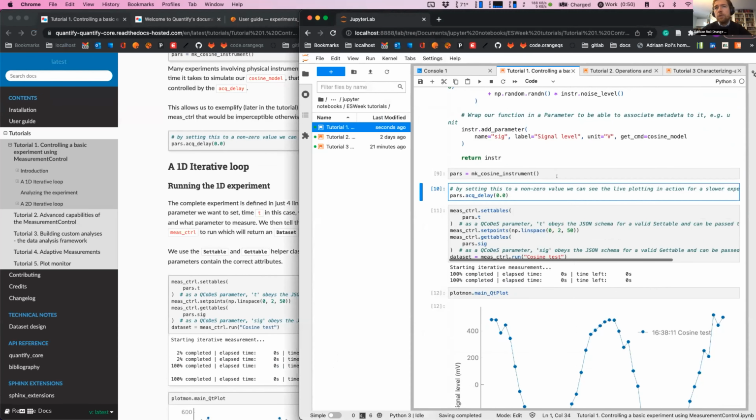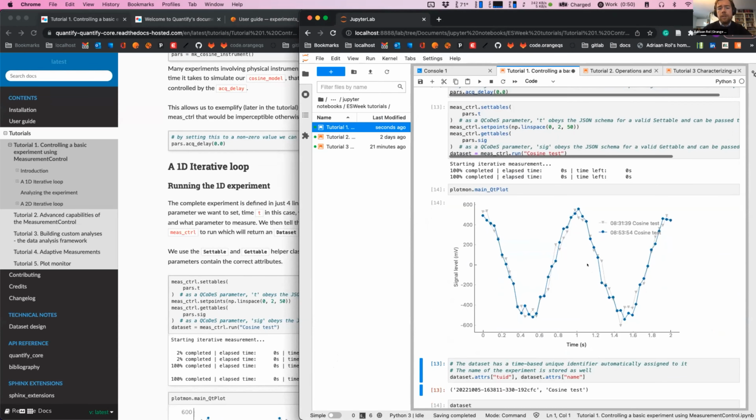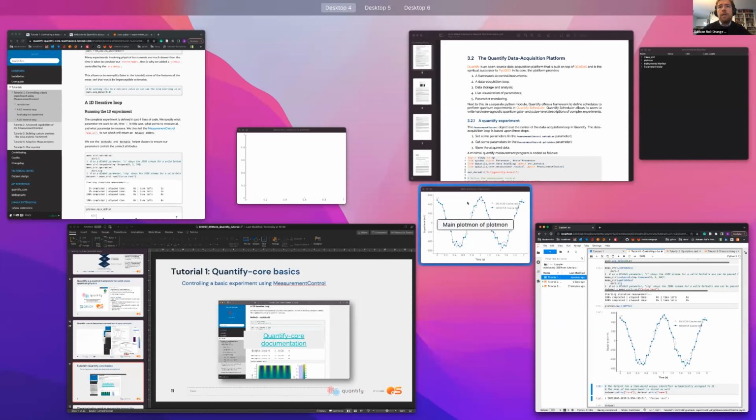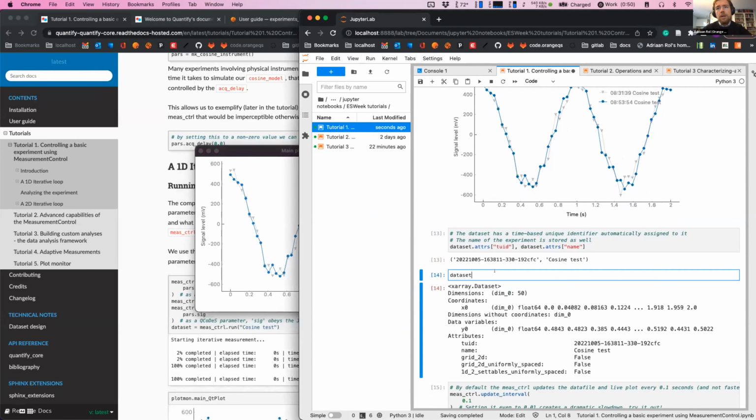Again, these examples are almost trivially simple, but I still think they're nice. So this one's kind of instant, and we see here what it's doing. I can also show you here, this is the live visualization. There's some details in there. You see this persistence mode, that's very useful if you're repeating an experiment multiple times.